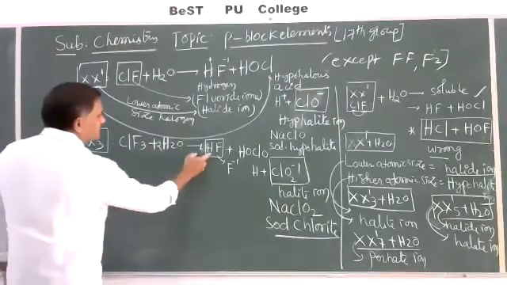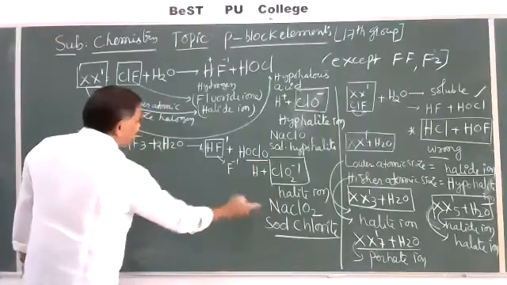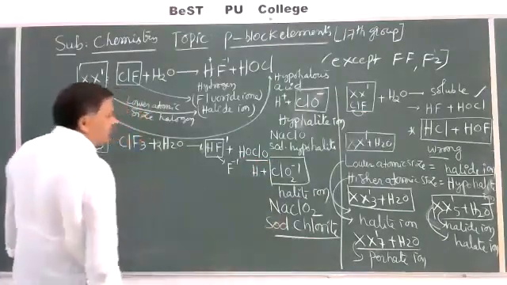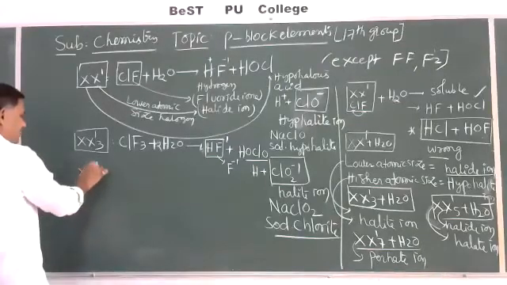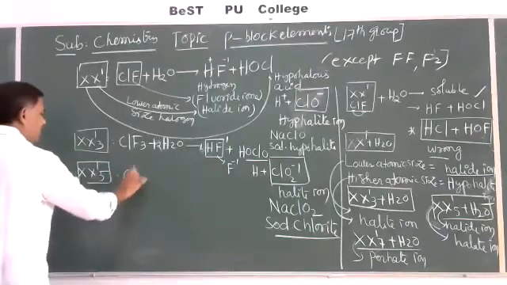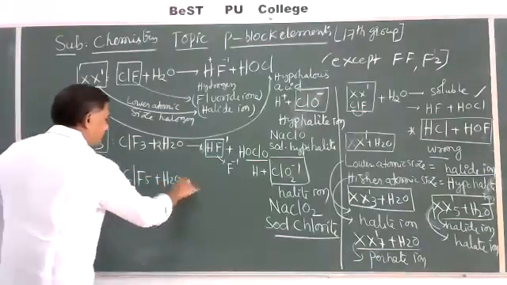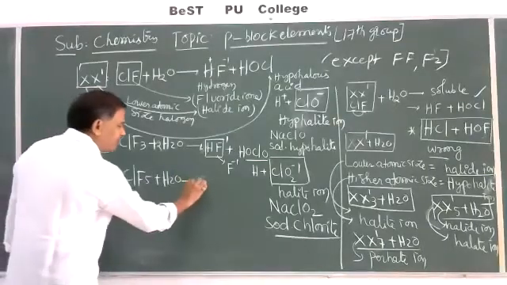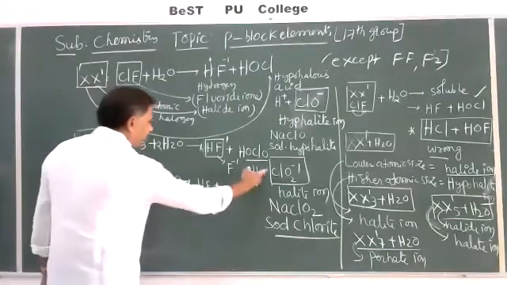By balancing, one is the halide ion, and here the halite, sodium chlorite, is produced. Similarly, X dash 5 is reacted with water. ClF5 is reacted with water, H2O. Similarly, it gives the corresponding hydrogen fluoride. But here the higher atomic number element gives